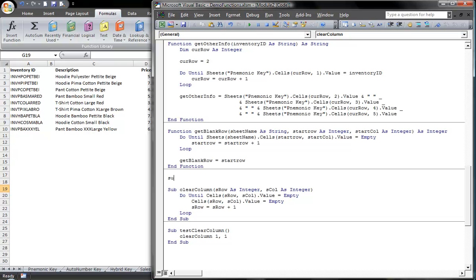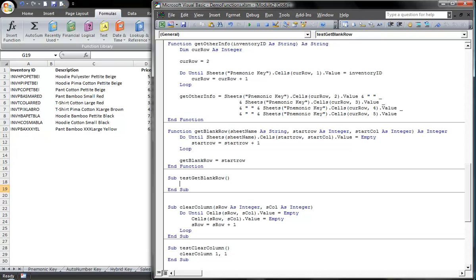What I might do is come here and say sub test getBlankRow. This is a very useful function for anytime you're repetitively looking for an empty row on a sheet to put a customer name or an inventory ID or an order or something on there. I'm just going to blank row as integer,